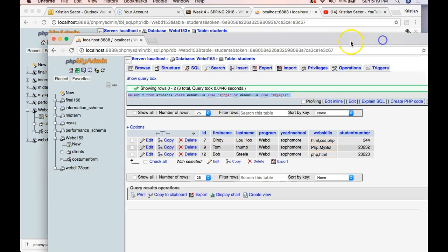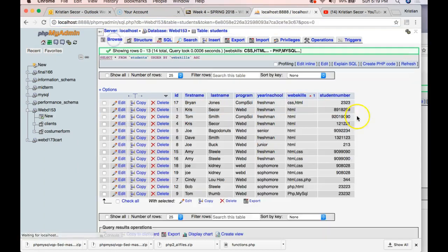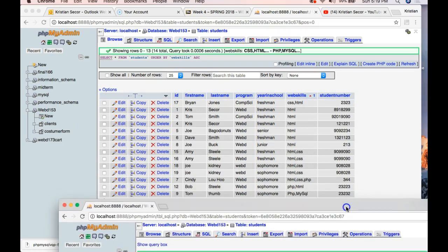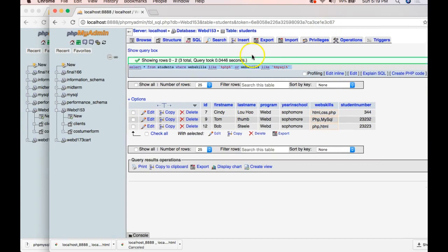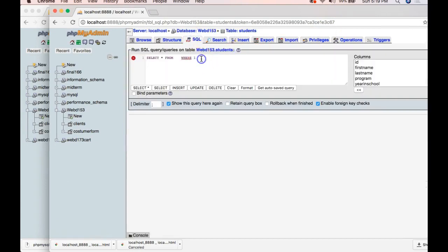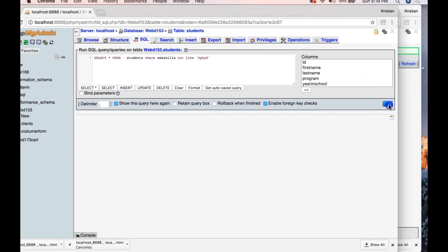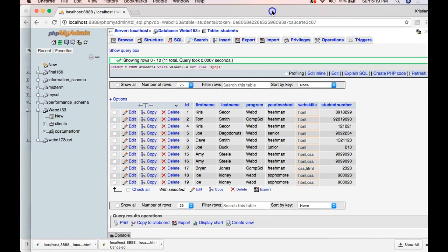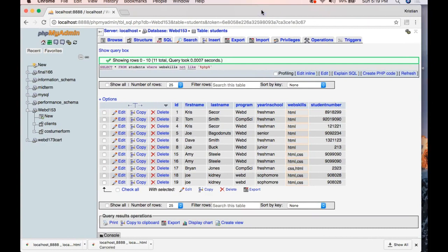Let's go ahead and take a look at the NOT LIKE. So let's say we have all our data, and it's important to see all our data when we write this stuff, but let's say I don't want anybody who is good at PHP because that's going to cost me too much. I'm going to do the same thing. We're going to say select all from students where web skills NOT LIKE PHP, but again we're going to take advantage of our percentages. That's going to tell me all the people who don't have PHP here. So there's LIKE and NOT LIKE, and those are some really nice tools to have in our arsenal,